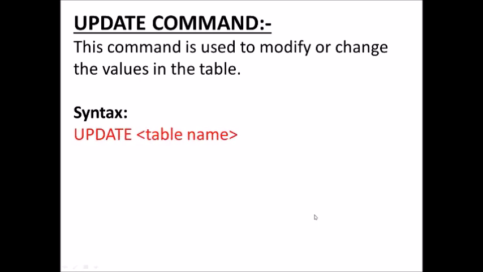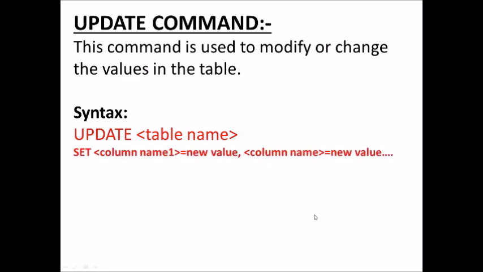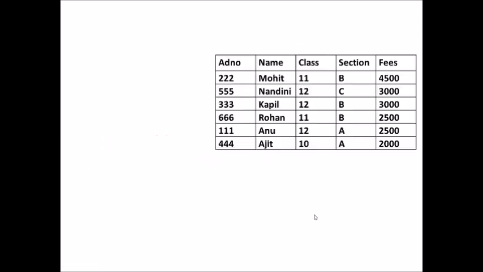The syntax or the format of using update command is: update keyword is followed by the name of the table, and then it is used with the keyword set. In set, we use the name of the column whose value we want to modify equal to the new value, comma. If you want to modify other columns also, you can include them in the same line along with the set keyword. Where is used to place the condition. If you don't use where, then the update command will be applicable to all the rows. That is, all the rows will be modified.